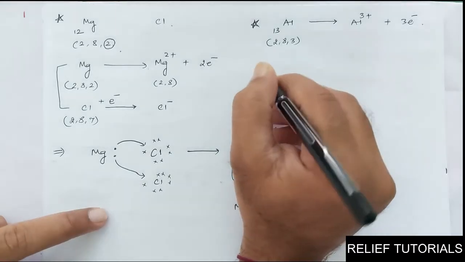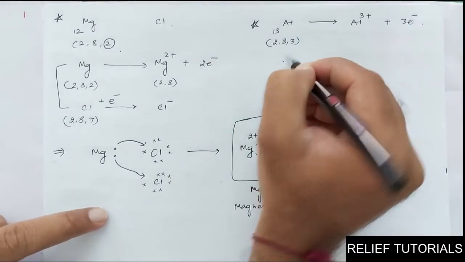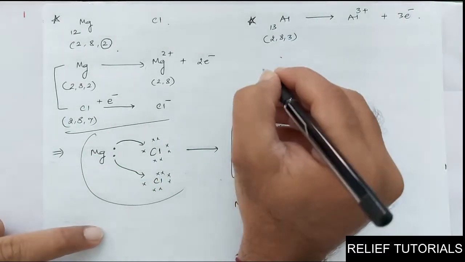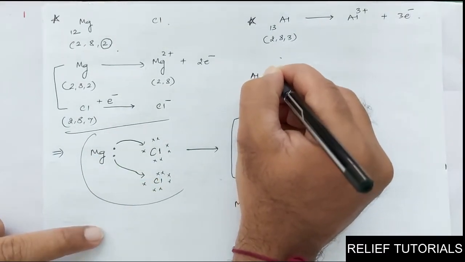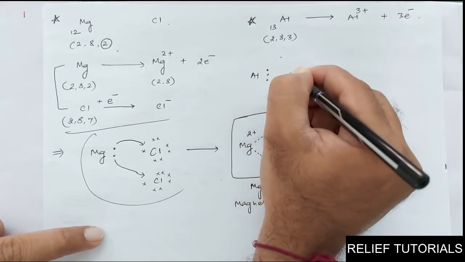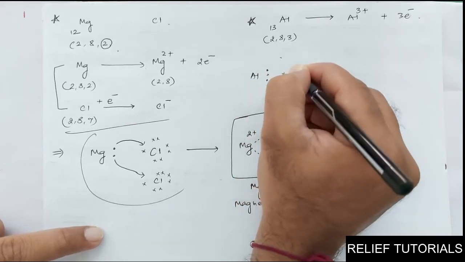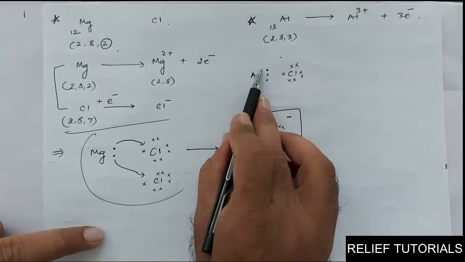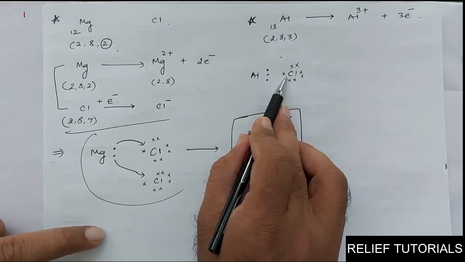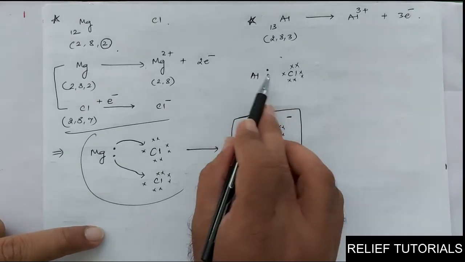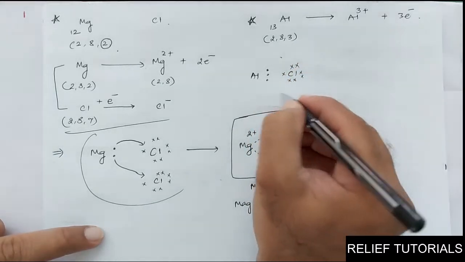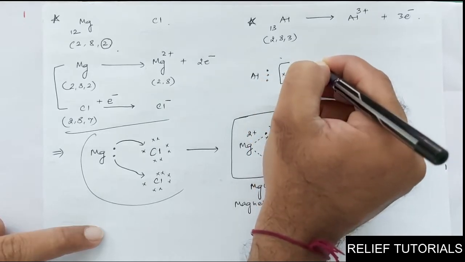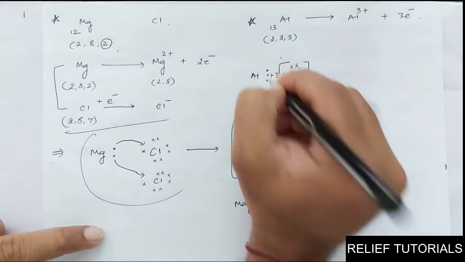Okay. So aluminium, chlorine. If you think about the chlorine, same reaction like this. So I am not repeating again. I am drawing the structure for aluminium and chlorine. Aluminium has 3 electrons in the outermost orbit, and chlorine is having 7 electrons in its outermost orbit. So one chlorine required only 1 electron. Okay, so how many chlorines are required? 3 chlorines are required. I am not drawing the 3 chlorines, I am writing 3 here.